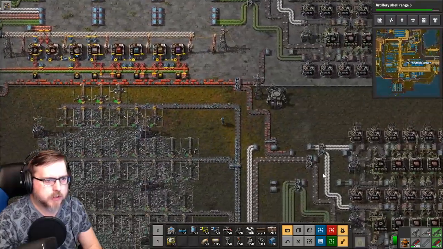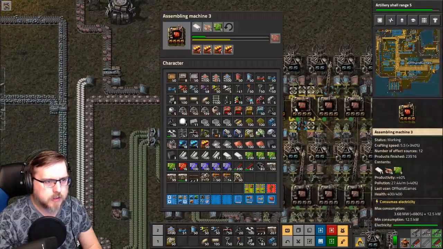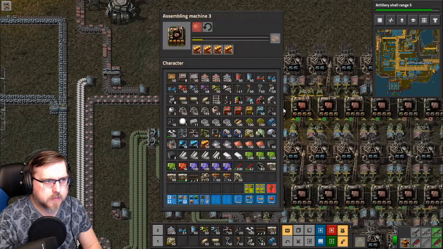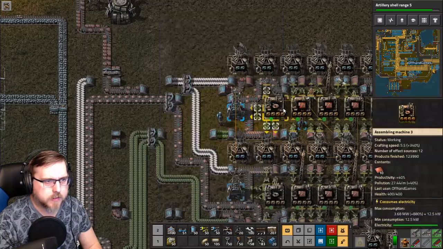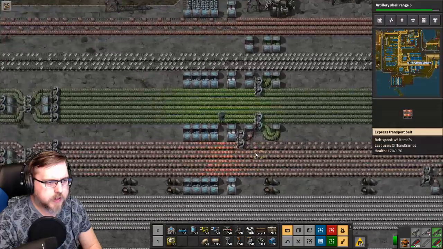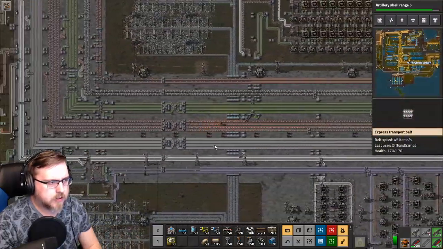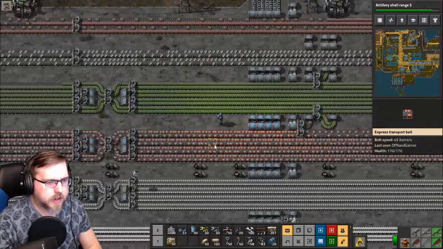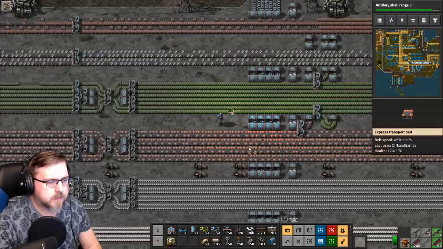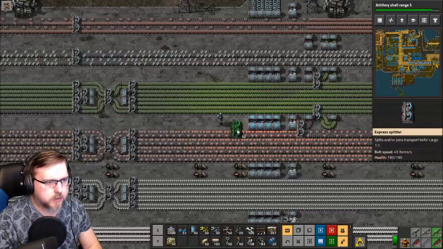All right, red circuit's coming from here. They could benefit from more copper. The copper that they're getting is coming off of a line that's already thinned out a bit. I could take more than one. Like, here's what I'm thinking. If we take...